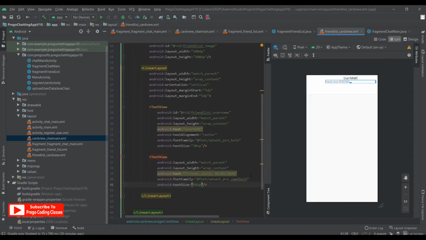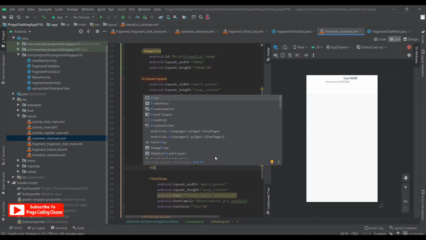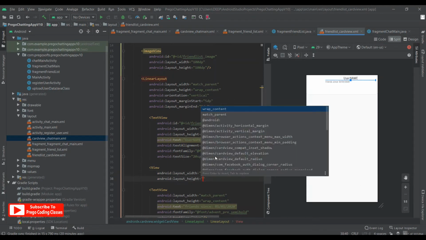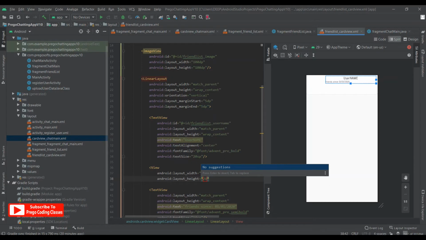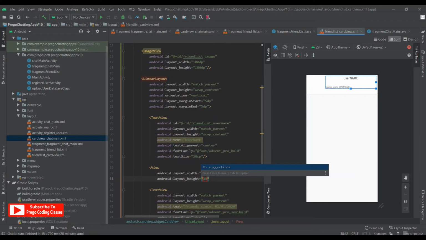Now we'll use a view in between of match parent and height would be, let's say, 20, or let's say 30. 30 is good. Now 30 dp.